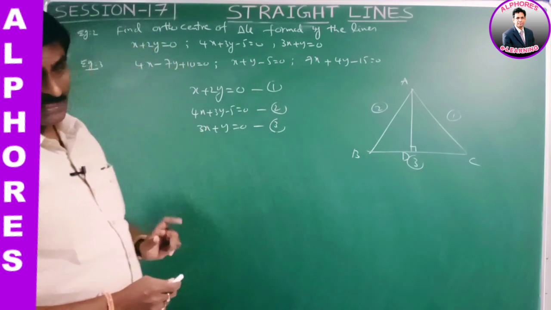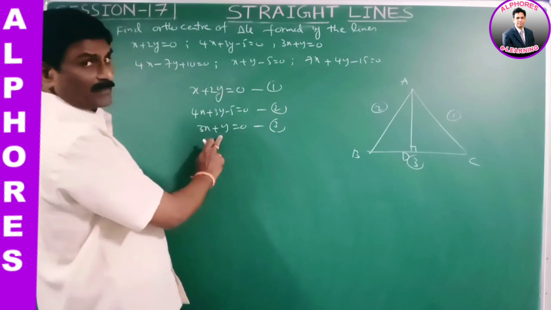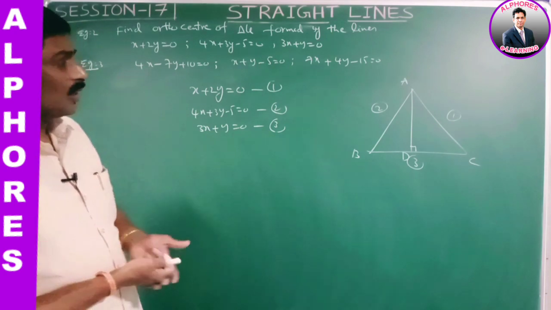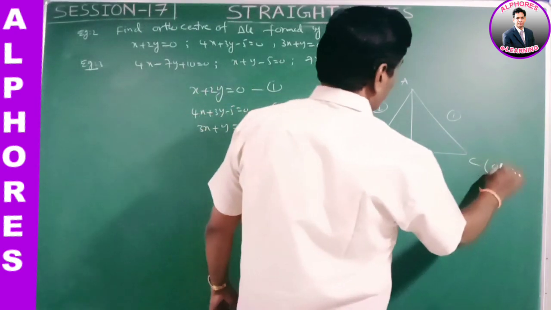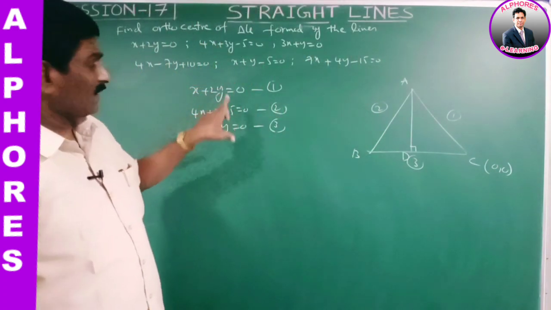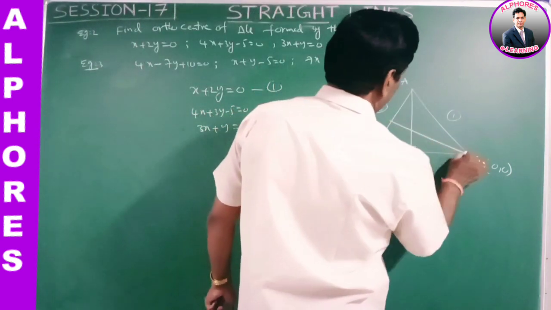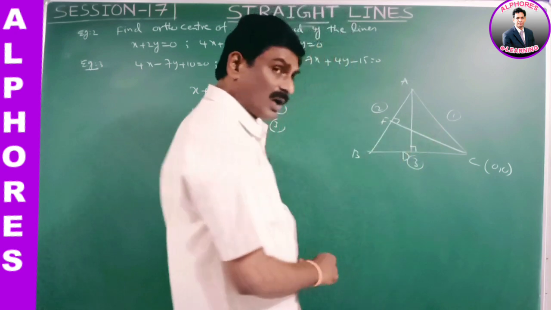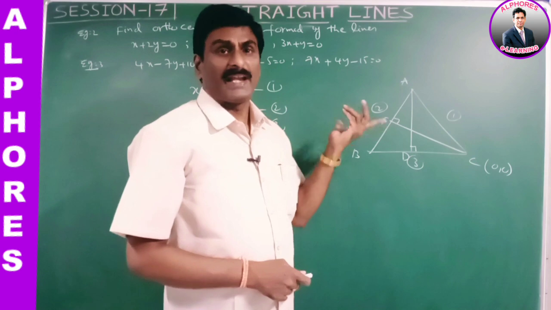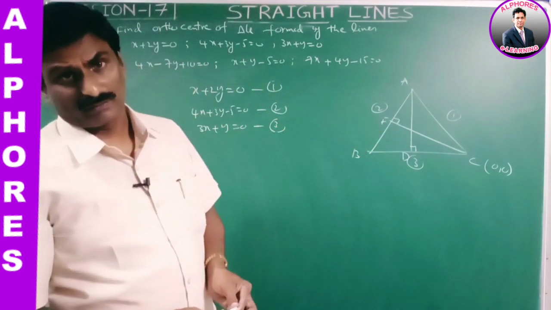Please observe the equations. This line passes through the origin. Here the constant term is 0. In the third equation also, the constant term is 0. By solving 1 and 3, what is the point of intersection? Both lines pass through the origin, so the third point must be 0, 0. It can be found the easy way. This line passes through the origin, and this line passes through the origin. So in this case, we find the AD equation and the CF equation. By solving these two, we also get the orthocenter. AD, BE or CF, any two of these. By solving any 2 altitudes, we get the orthocenter. Please note the diagram.